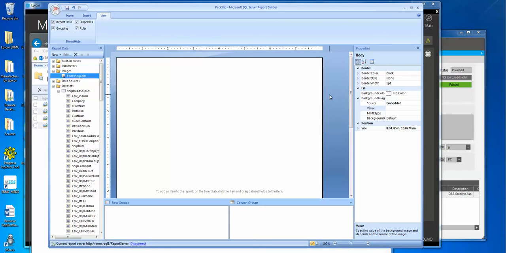Again, I apologize for the delay here because I'm on a slow connection. The image is on my local machine, but I'm actually working on the SSRS server, which is remote. So